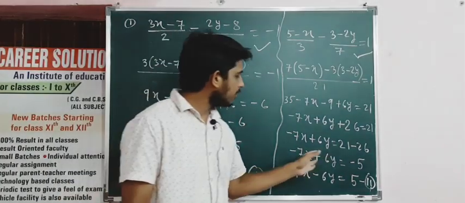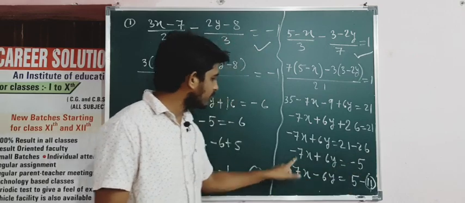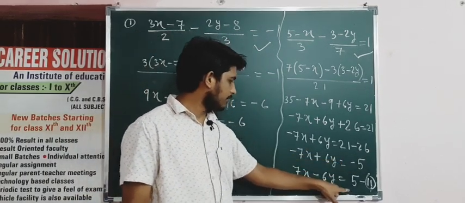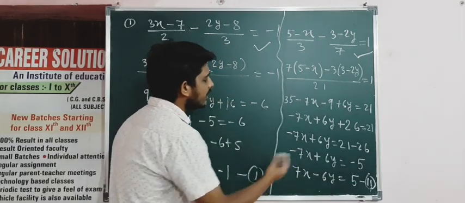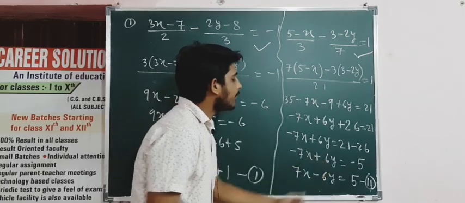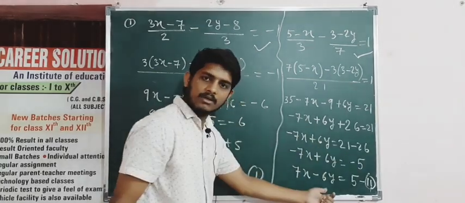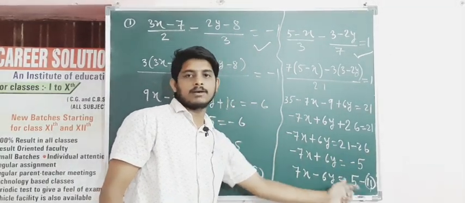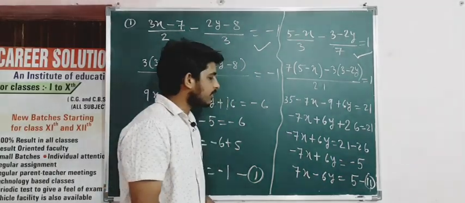तो I am multiplying both of the sides by minus, so this minus becomes plus, this plus becomes minus and this minus again becomes plus. Or you can say I am transferring, minus 7x will go to the other side of equal, become plus 7x, plus 6y will go to the other side of equal, become minus 6y, and this minus 5 will come this side of equal, so it will become plus. So 7x minus 6y equals to 5.